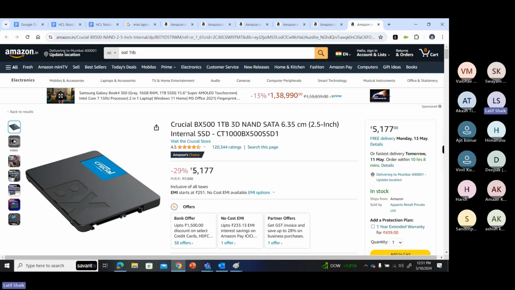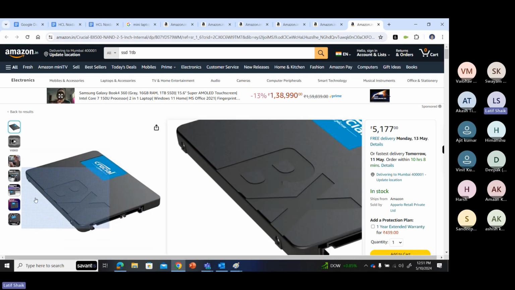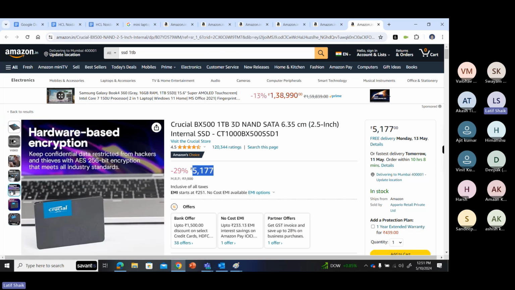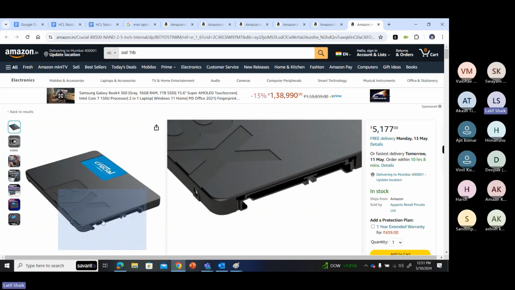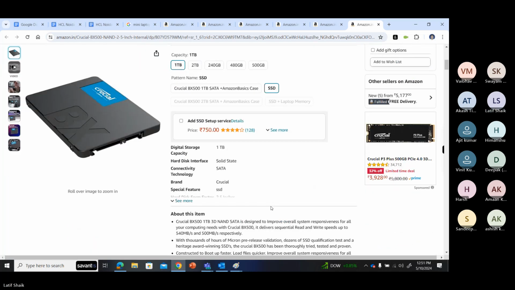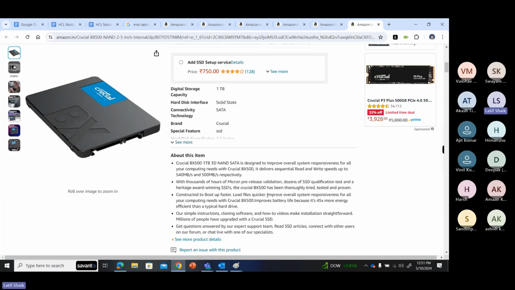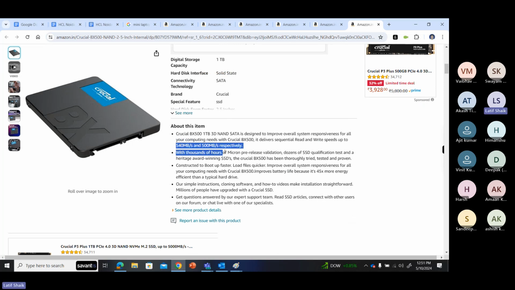This is the interface. And there you can see the speed. Read speed is 500 MB per second and write is 540. Of course, compared to the normal SATA hard disk,